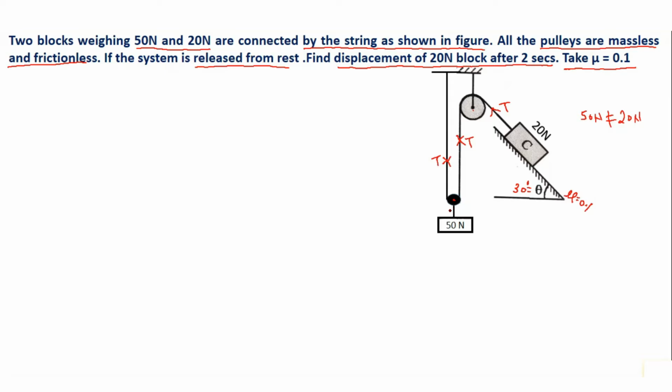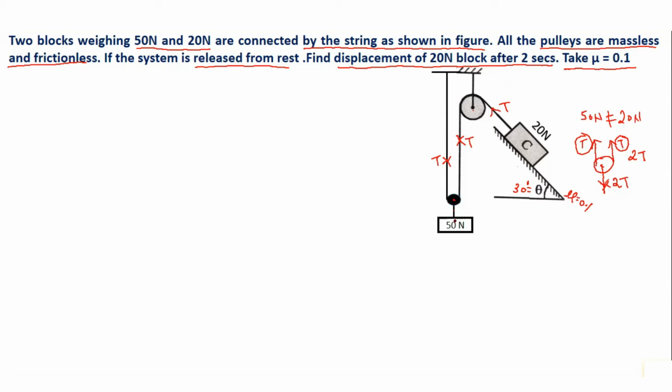Now we are required to determine the tension in this cable. If I draw the free body diagram of this pulley, I will have the tension on this side as T, tension on this side as T, and I need the tension in this particular cable. If I apply conditions of equilibrium, tension T going upwards, tension T going upwards, that means total tension is 2T going upward. Hence, to balance, the tension in this cable will be 2T going downwards if I consider the pulley as my free body diagram.